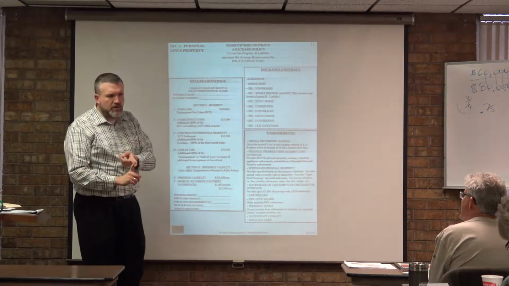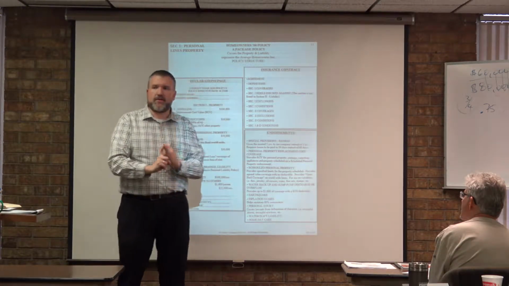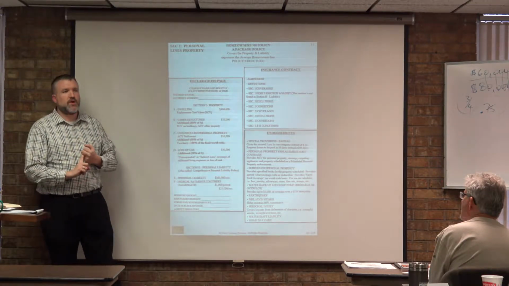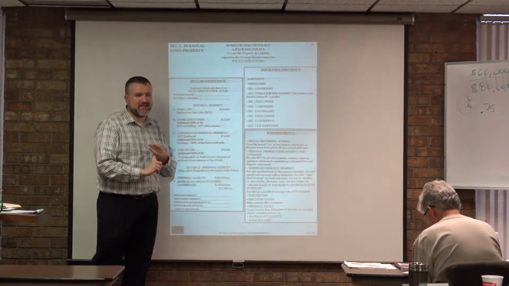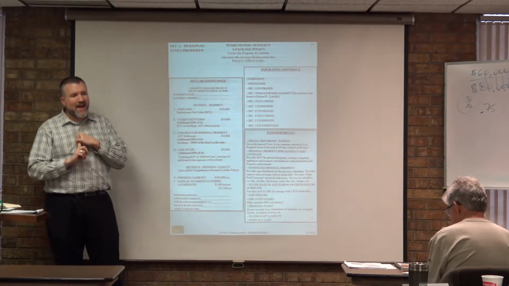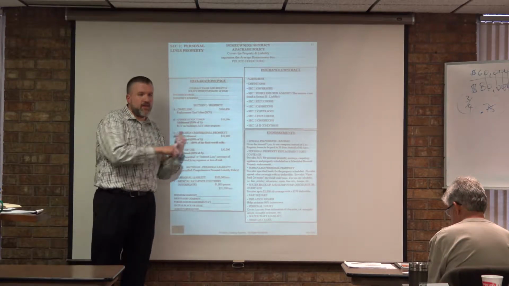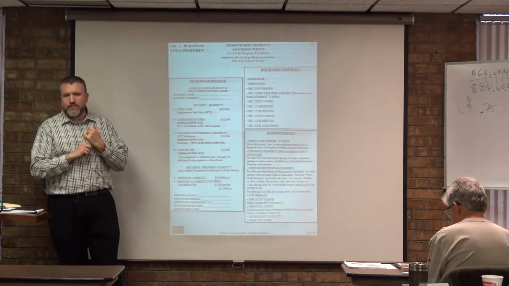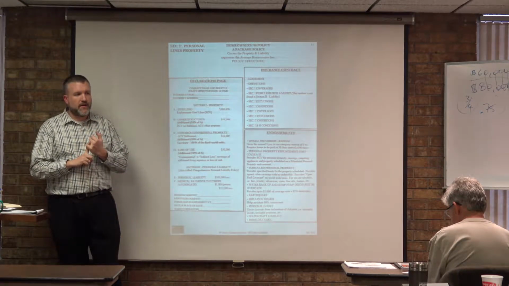If my home is destroyed by a covered peril, let's say a tornado, my shed is destroyed by that tornado, causing a total loss on all my contents, so much to the point that I'm out of my house for a full year, waiting for that thing to get rebuilt and get our lives back on track. What is the maximum amount the insurance company would have to pay out on that claim?